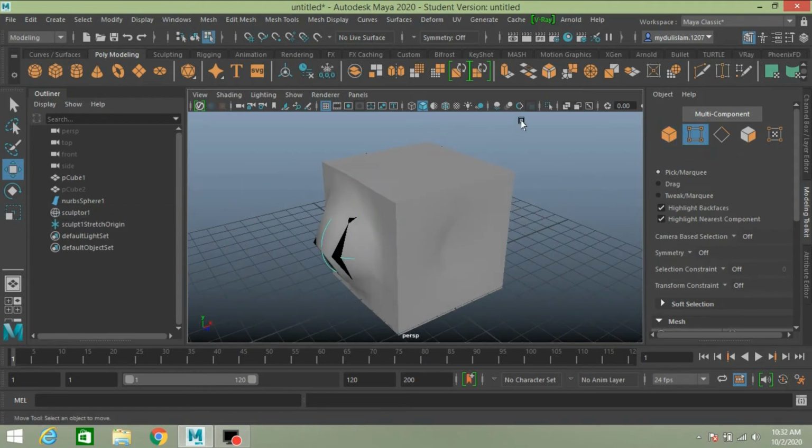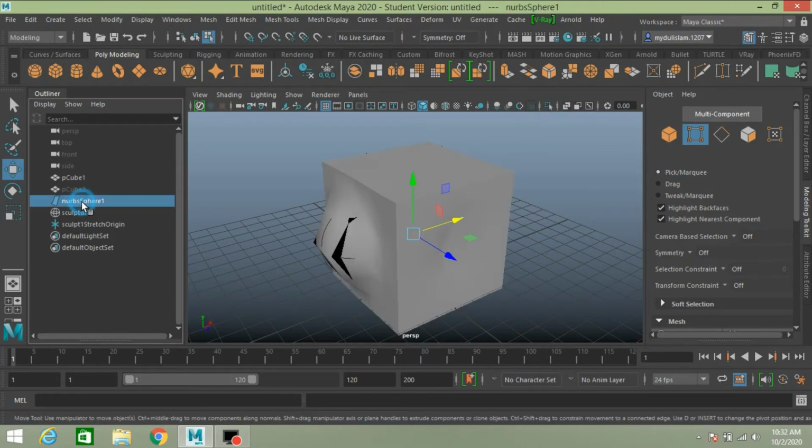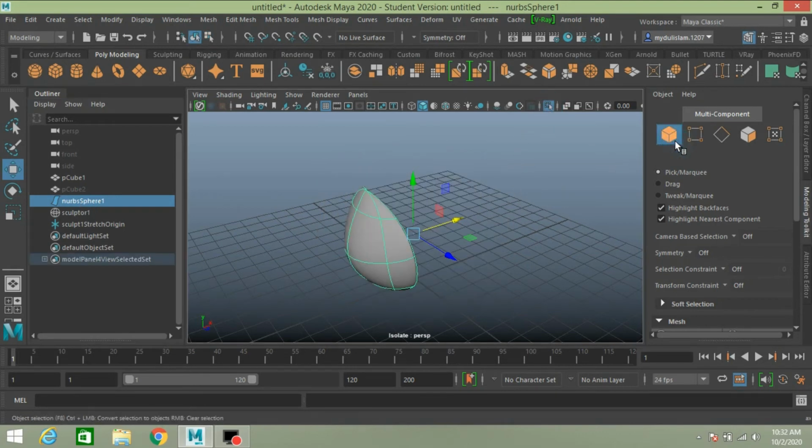Vertex selection mode. Isolate Select, select the NURBS sphere. Isolate Select, vertex selection mode, select this vertex.